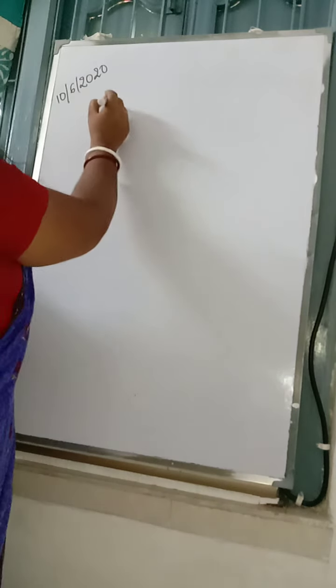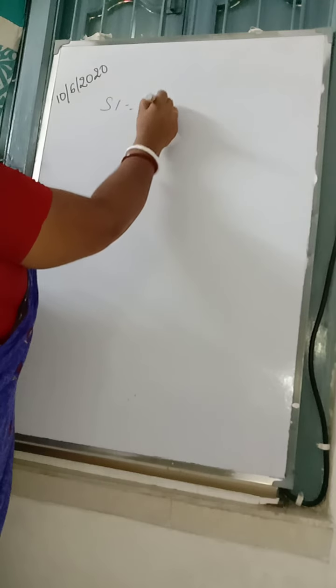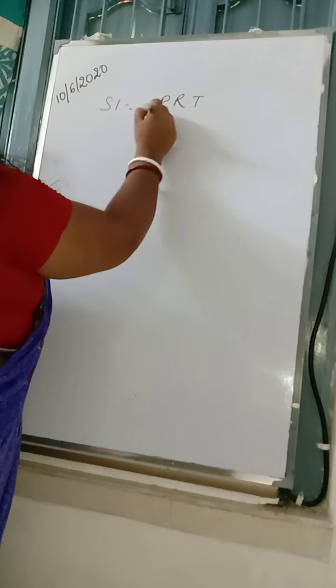Now we have certain formulae which are related to this half yearly and this quarterly. I am writing the formulae. You please write it. Already you have written. Have a look. First, the formula for SI, you know, is PRT by 100. The formula of SI is PRT by 100.